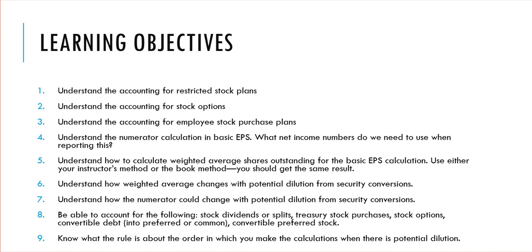So in this chapter, then, what we're going to be spending our time on now is going to be learning objectives 1, 2, and 3. And then we go on and we talk about earnings per share in a separate voiceover. So we have restricted stock plans, restricted stock units, restricted stock awards, and then we have stock options, and then the third one is an employee stock purchase plan. An employee stock purchase plan is a plan where employees can take some of their pay out of their paycheck, and then the company will buy their company's stock for the employee.